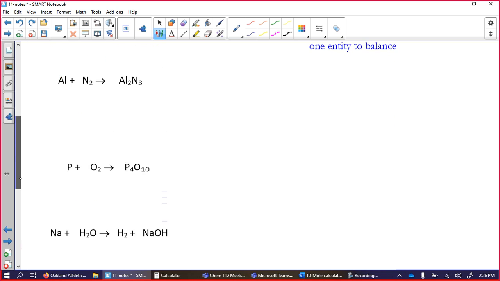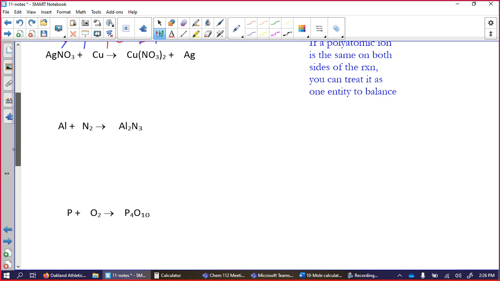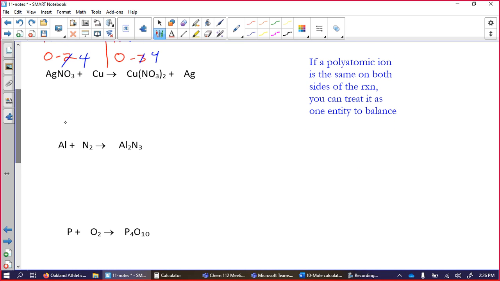So I'm going to do a few more. This one has a polyatomic ion, and this point over here, if there's a polyatomic ion and it's the same on both sides, I've got NO3 and NO3, you can actually treat that as one thing. So the 2 metals are silver and copper because they're both, whoops. I usually will want to keep these in the same order. So